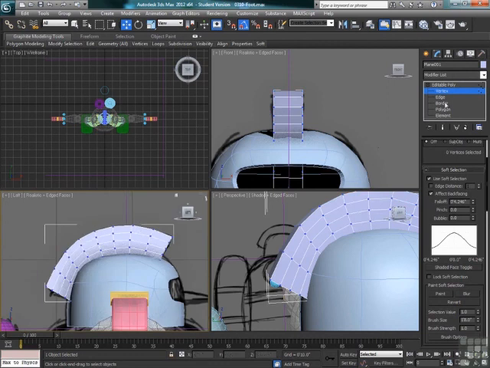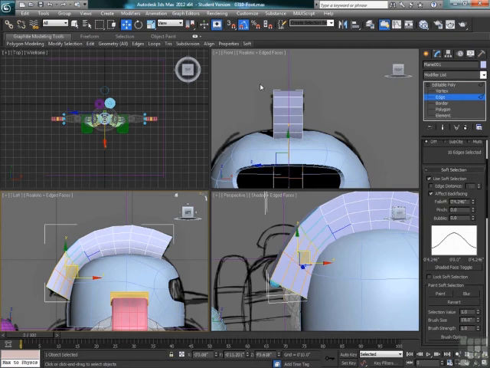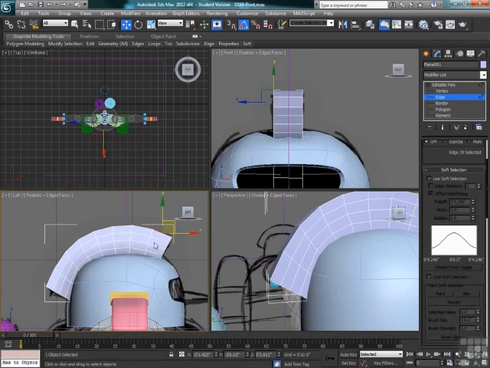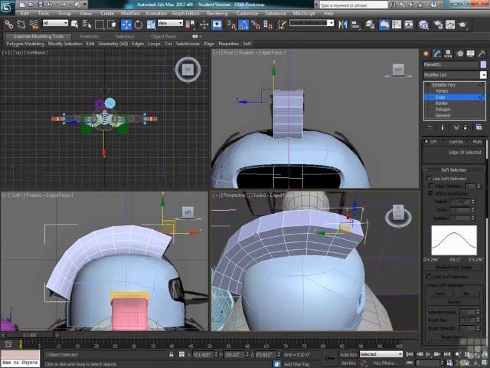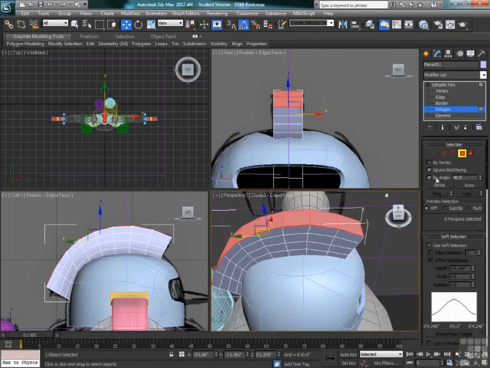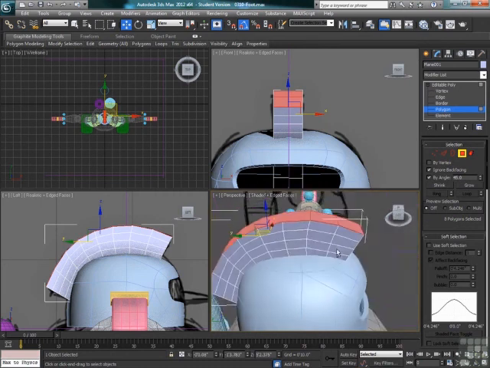Now what we want to do, from the front here, we actually have a bit of a taper to this helmet crest. So we're going to want to grab, let's turn off soft selection for now so we can see a little better. We're going to want to grab the 2 sets of edges all the way along here. We could also do it with the polygons. So let's try that. We're going to grab those polygons, and since we still have biangle turned on, all these polys are within a 45-degree angle. So by doing that, we selected the entire